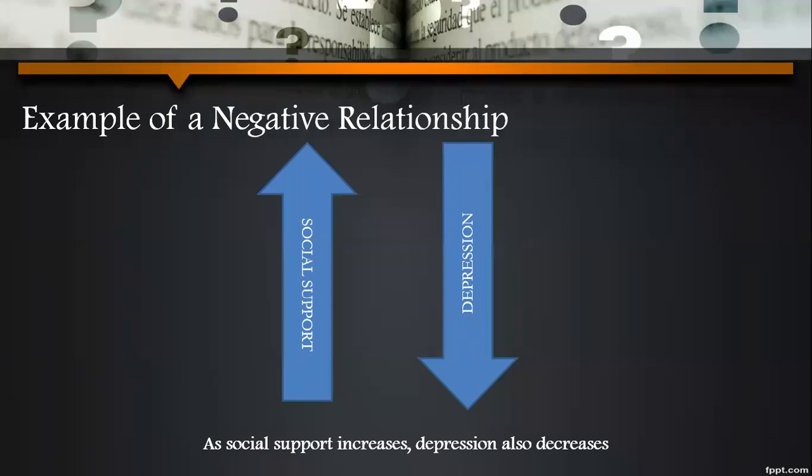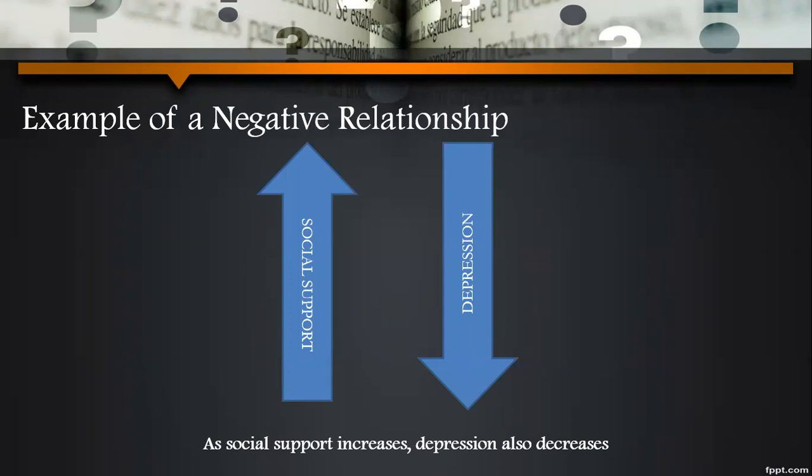And so here's an example. If we were looking at the relationship between social support and depression, and we were examining a negative relationship, it would be that as social support increases, depression decreases. This is an example of a negative relationship. As one variable goes up, the other variable goes down. But the idea is that the two variables co-vary together. In other words, they move together